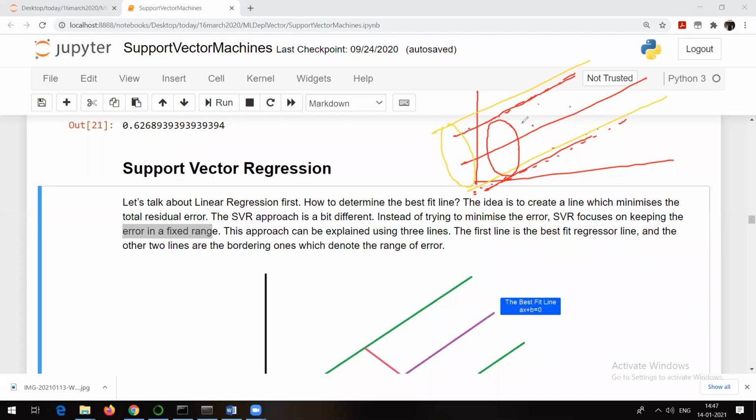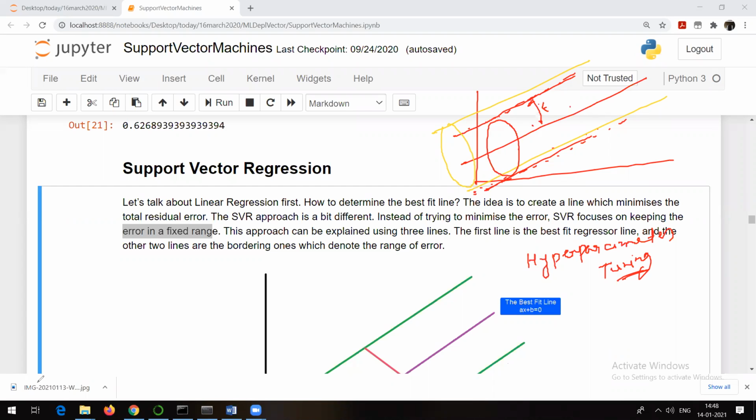And obviously, to adjust the value of this epsilon, there is something called hyperparameter tuning. Hyperparameter tuning is something we have done earlier in the case of support vector classifier, by adjusting the values of the parameters of that particular method.